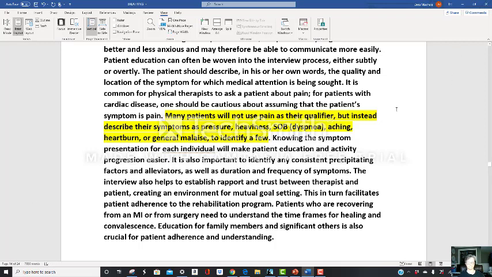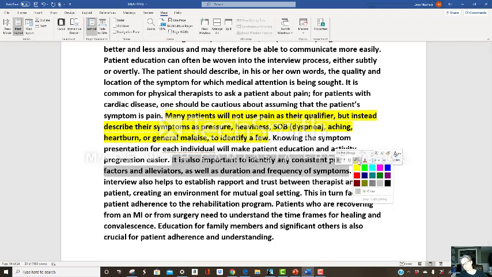It is also important to identify any consistent precipitating factors and alleviators, as well as duration and frequency of symptoms. The interview also helps to establish rapport and trust between therapist and patient, creating an environment for mutual goal setting. This in turn facilitates